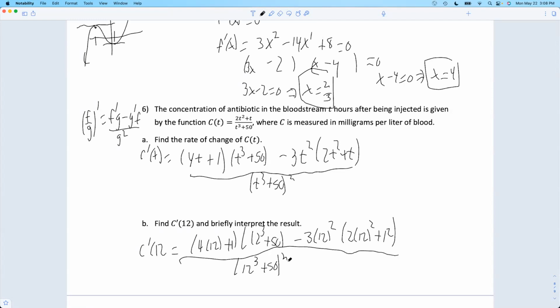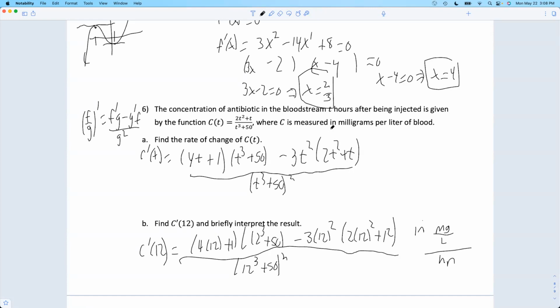Now, what does this mean? A derivative is always a change in your function per change in independent variable. So this would be measured in milligrams per liter per hour. So that's change in C over change in t. And so what we would say is at 12 hours,